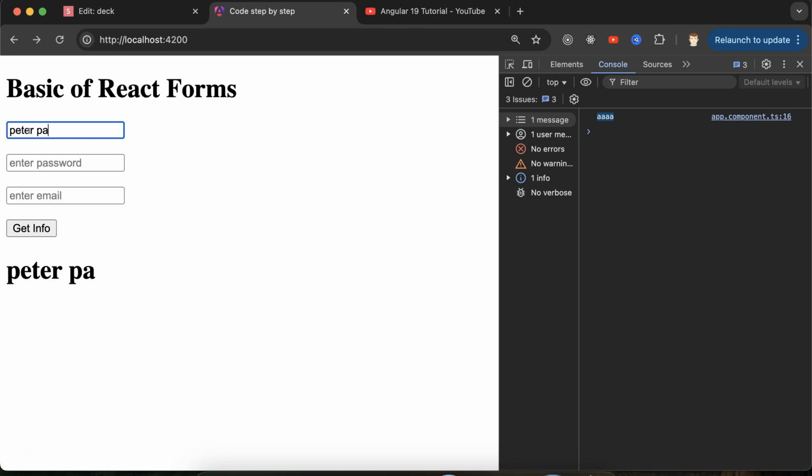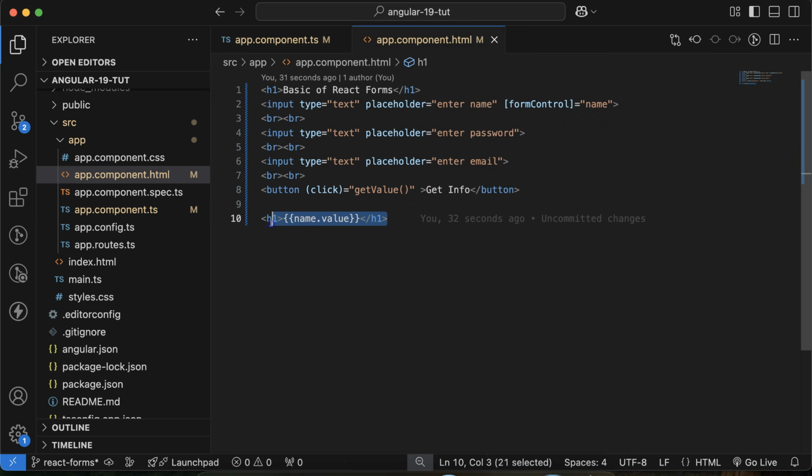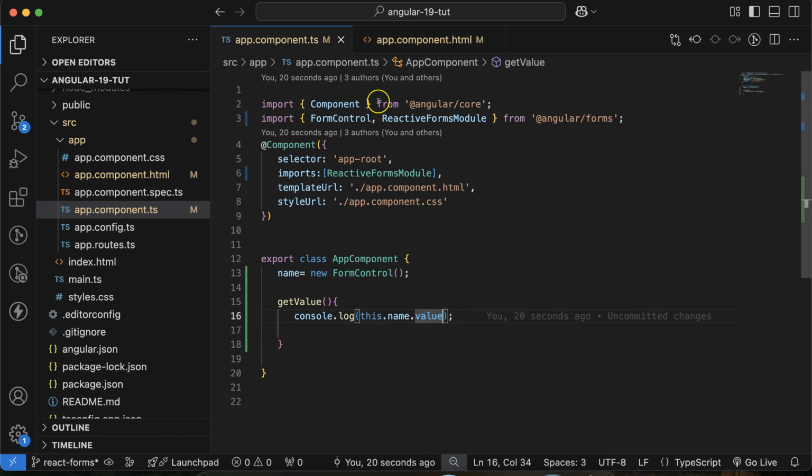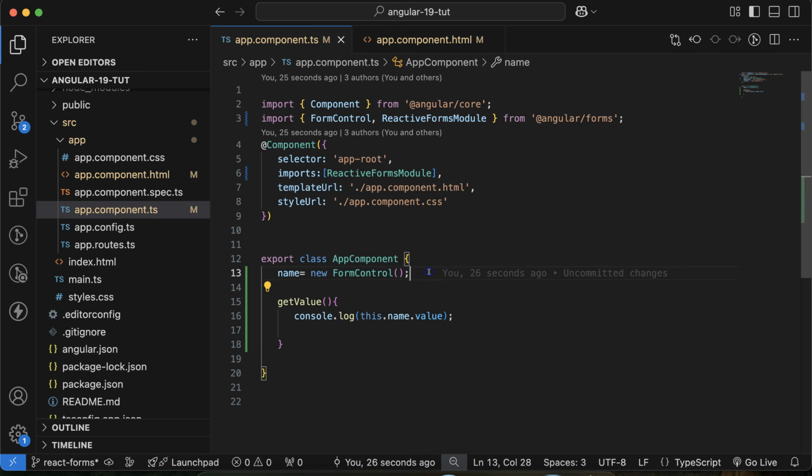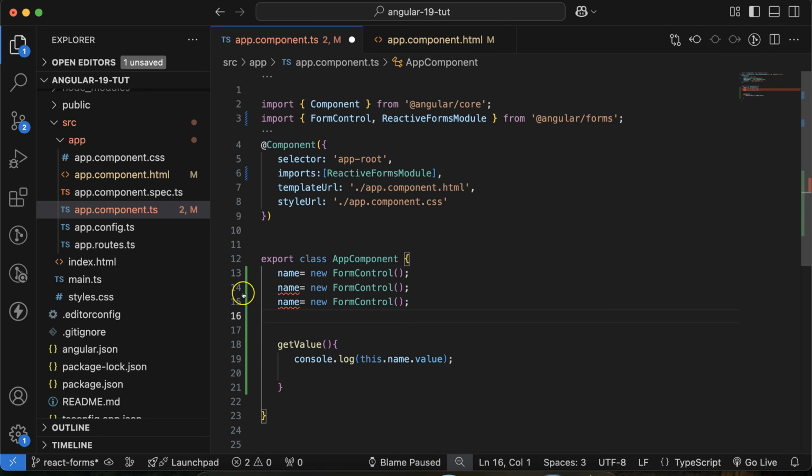Let me put there Peter Parker, clicking over there, and we are getting its value. Perfect. So if you want, then you can remove it from here. But now I want to get the values and control the values for other two fields also. So in a similar way, you can get two more properties,